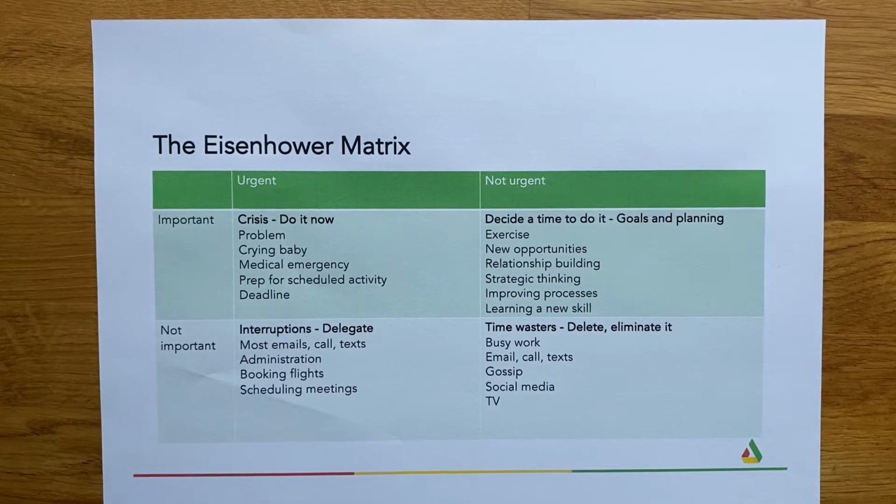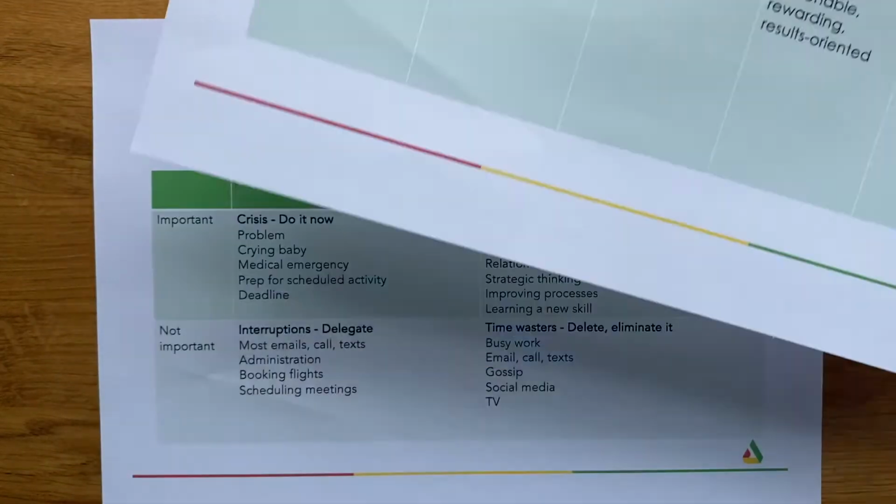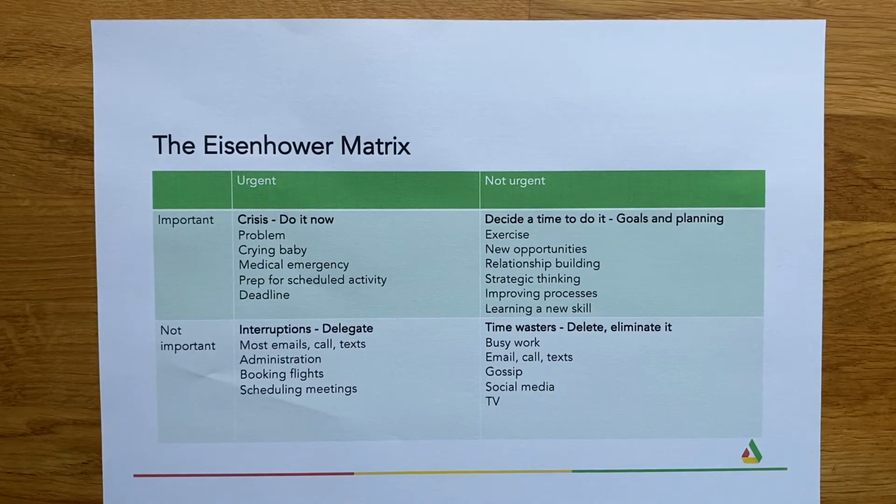So the next one is the Eisenhower matrix. This can be really useful when you're thinking about what's achievable, which is one of the columns on the SMART goals. So when you're thinking about what's achievable, you're going to have all sorts of different things that you're grappling with and juggling at the moment. And you can divide these if you feel that, well, I really don't have the time for this, you know. It's basically a way of